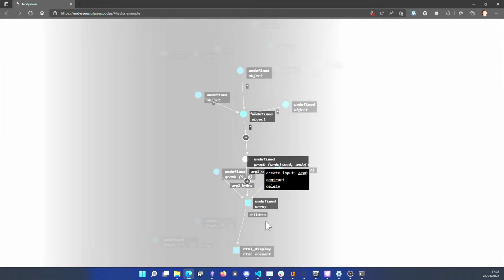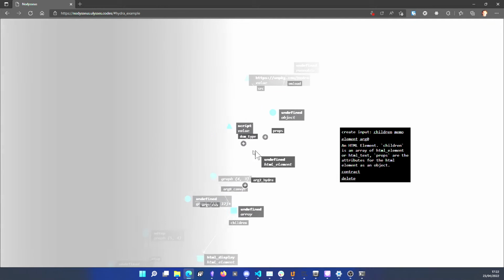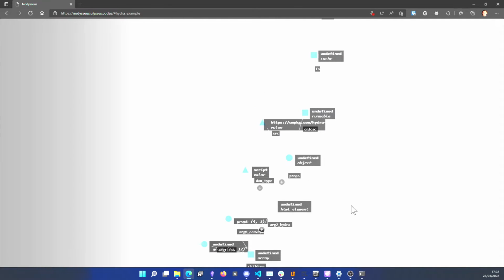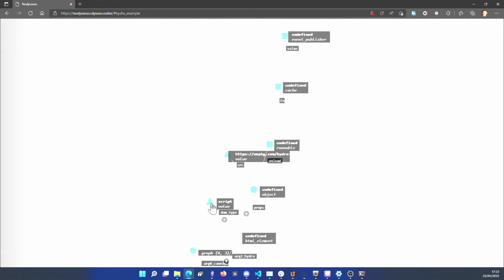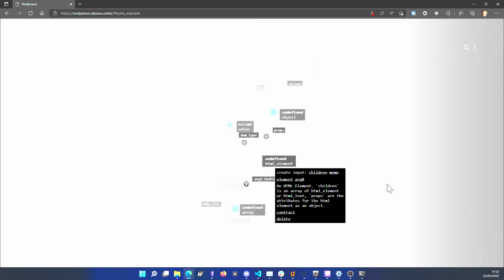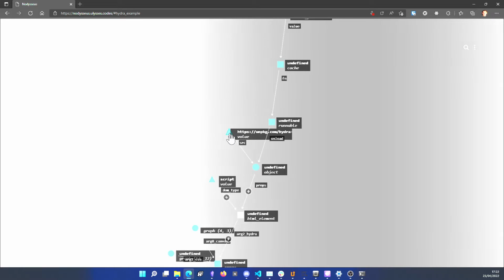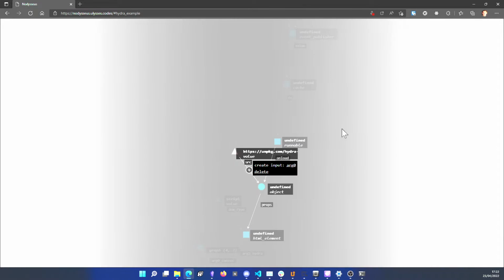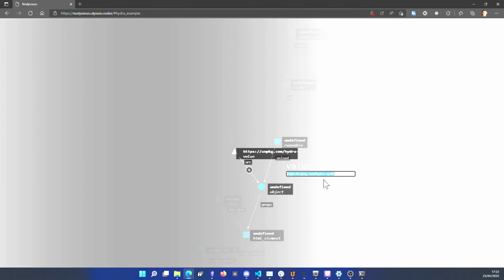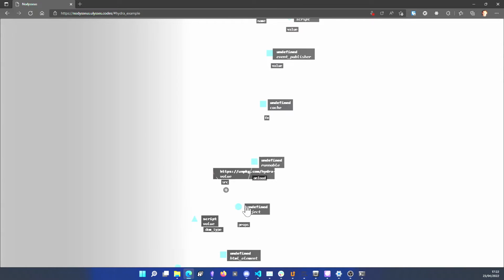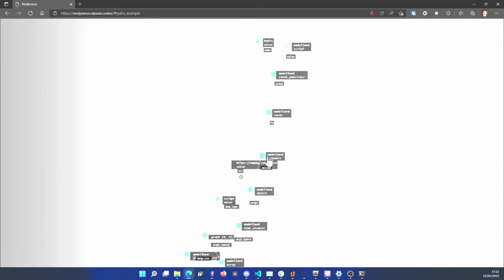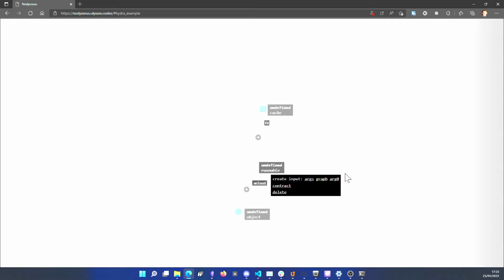And then we have Hydra itself. So this is a script HTML element. It's loading this all dynamically. So we have the source from unpackage, the Hydra synth unpackage. Runnable kind of just takes a section of the graph, so in this case it's this part, and makes a sort of function out of it,